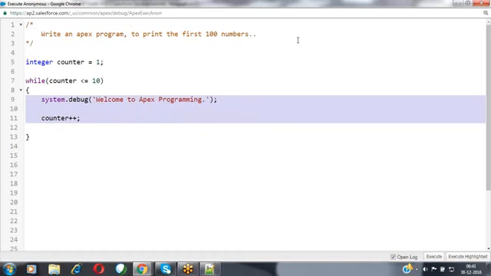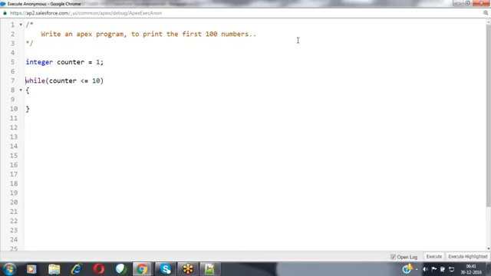So now here I'm going to print those first 100 numbers. For that I'm using the while iterative statement. I'm specifying the counter value, and I'm going to initialize this counter value by 1. I want to print the values from 1 to 100, so I'm initializing from 1. Now I would like to keep on iterating this statement till 100 times, so I'm specifying the condition counter less than or equals to 100. Every time it increments that value, I would like to print that value here.